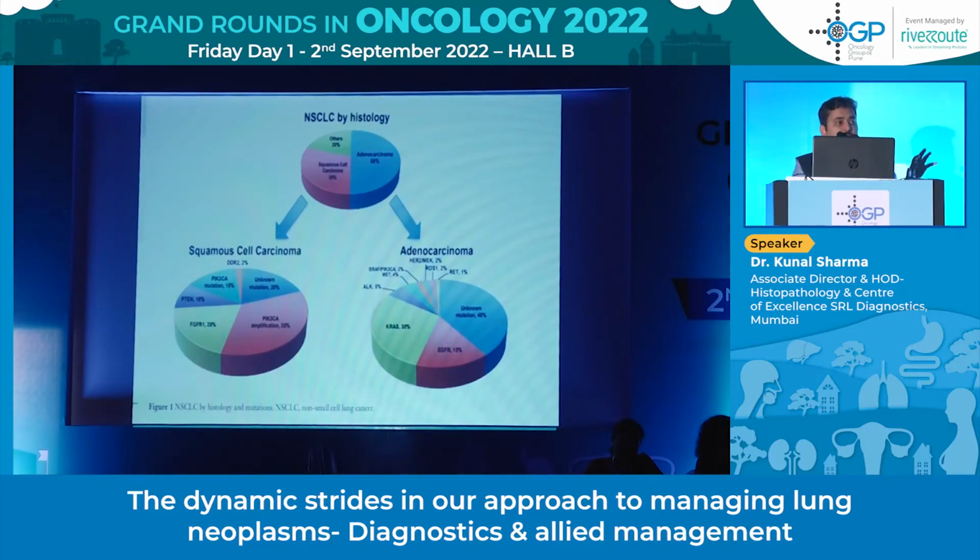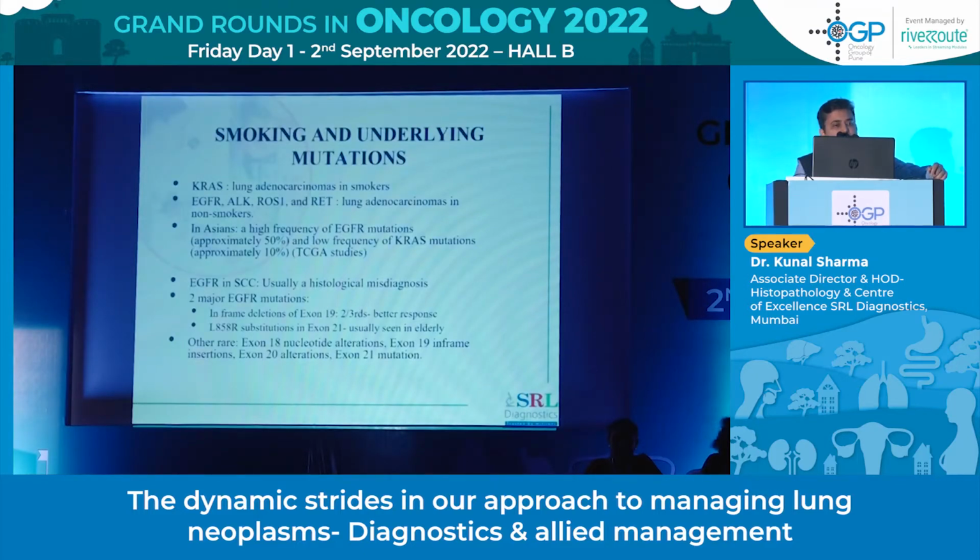There are many, many targets for squamous cell carcinomas which are under study, but we still don't really have a very potent, actionable, targetable treatment for squamous cell carcinomas. Many a time in clinical practice, you will find debates because sometimes we encounter EGFR mutations in squamous. So what do you do? It's still a debate whether you should give TKIs or not. There are studies which are saying FGFR1 can be targeted, but I will show you in my subsequent slides the importance of each of these.